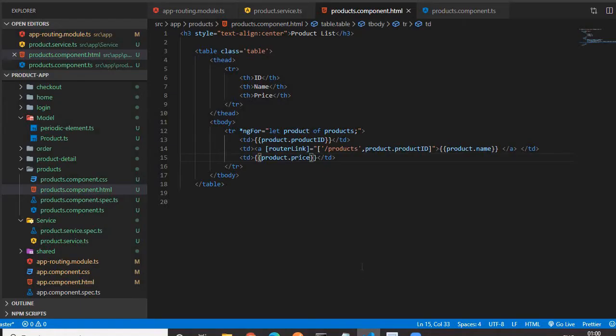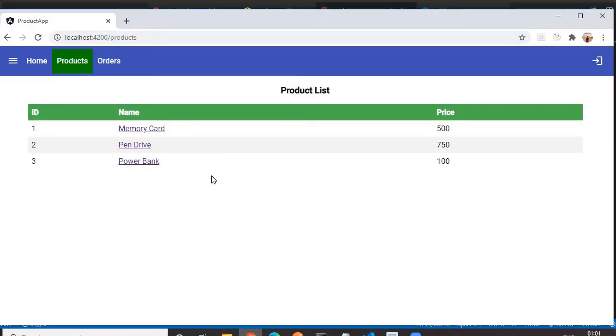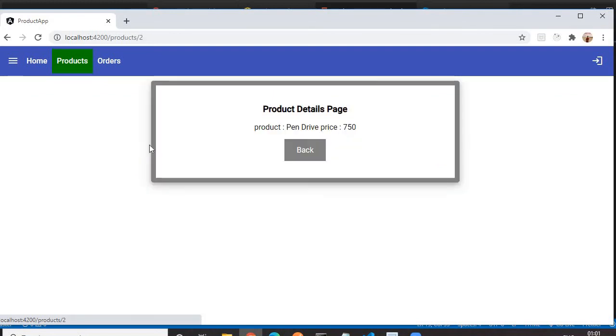Next we will move to some advanced concepts on routing, like how we can configure parameterized routing. Parameterized routing means, now I am in the product page in which the list of products is displayed in a tabular structure. Now I want, on click of a product, to navigate to the product detail page, in which we will get the product name whichever the user has clicked, along with its price, along with a back button.